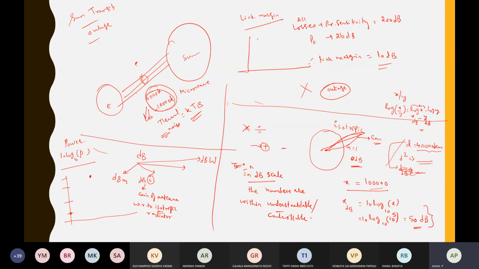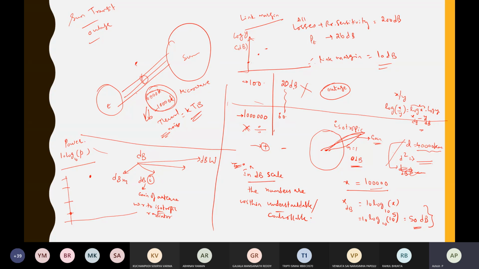So what we do is this y-axis, we try to plot it in the log y. If we plot it in the log y, all these points will come near to each other and it becomes somewhat understandable. So if you go for the dB scale, that is one advantage. Because if you calculate 100 and 1 lakh is how much, or 10 lakhs, this is 1000. But in the dB scale, this becomes 2 dB. This becomes how much? 20 dB. This becomes 60 dB.